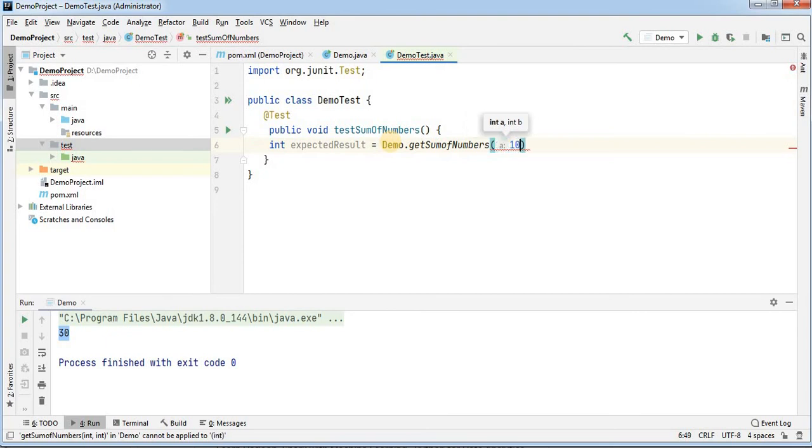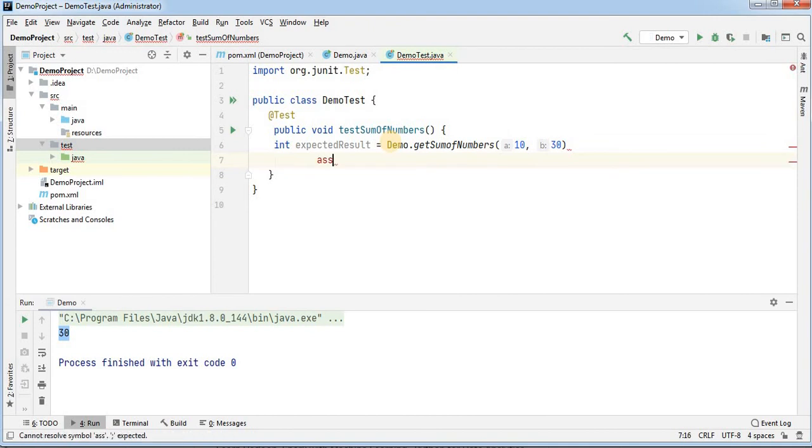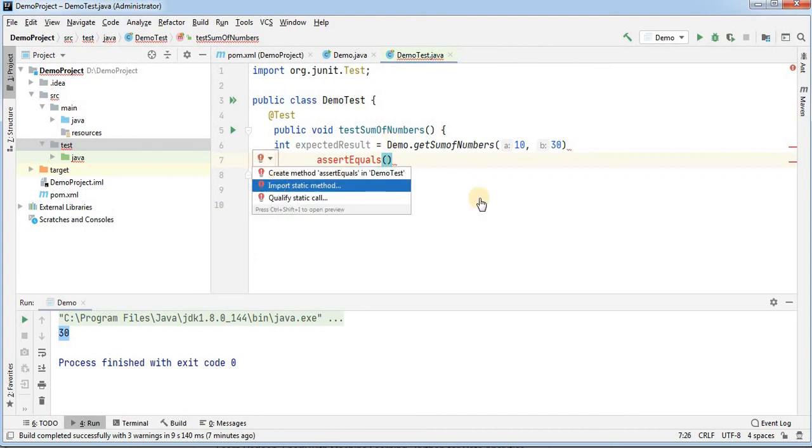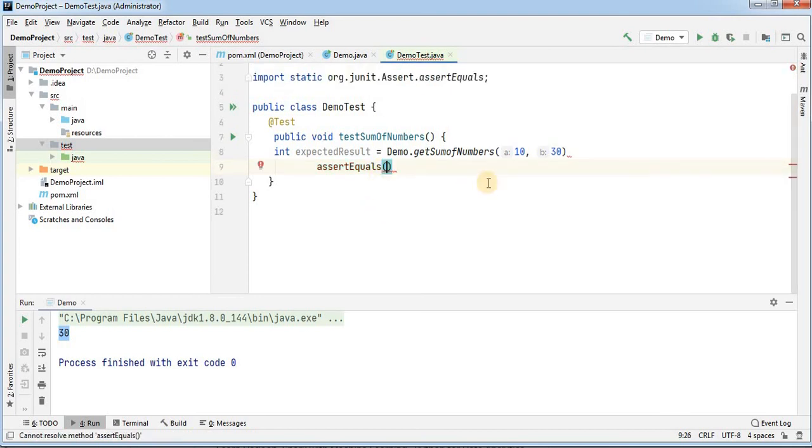We have to provide 10 comma 30, and here we can use assertEquals, and let me import this. Expected result comma, what is my expectation, sorry, my expectation is 40. It has to add these two numbers and return the sum of the two numbers.